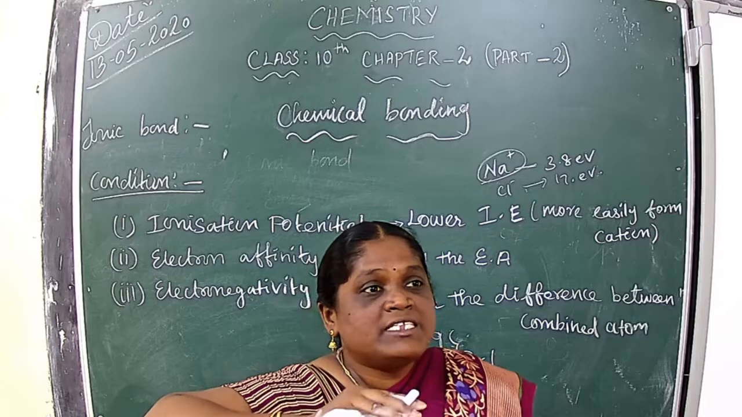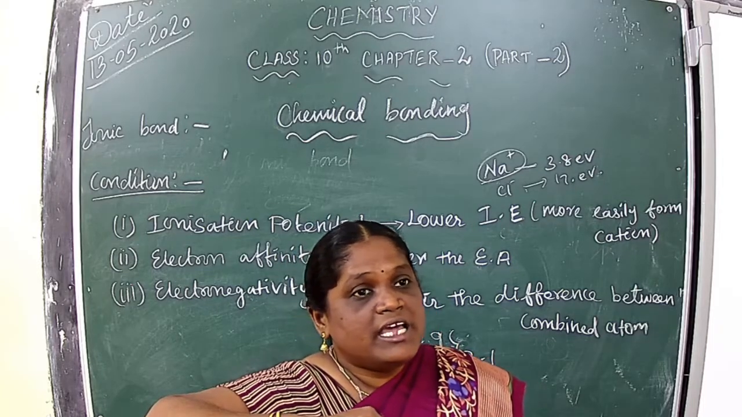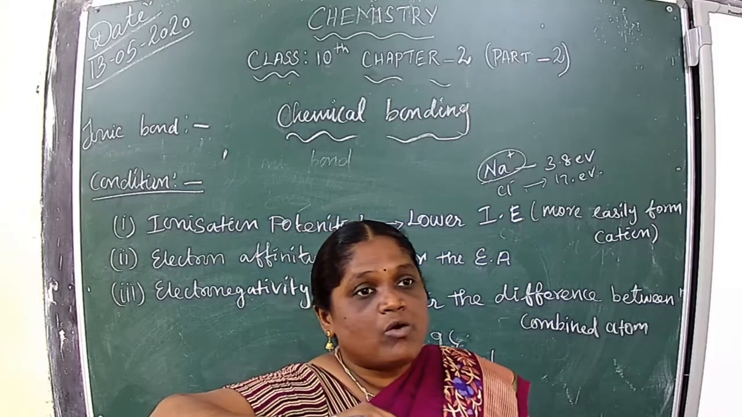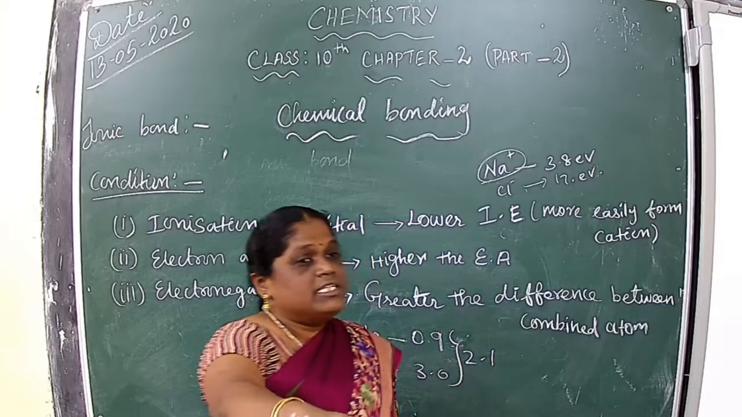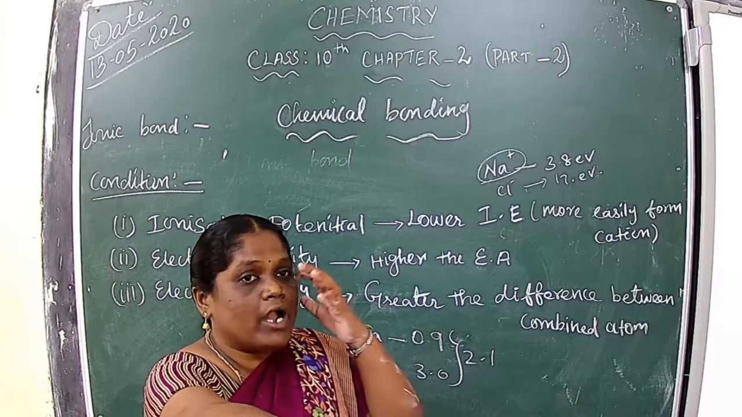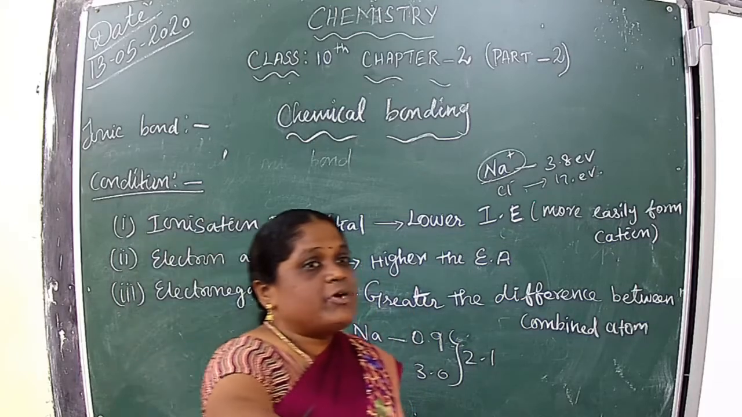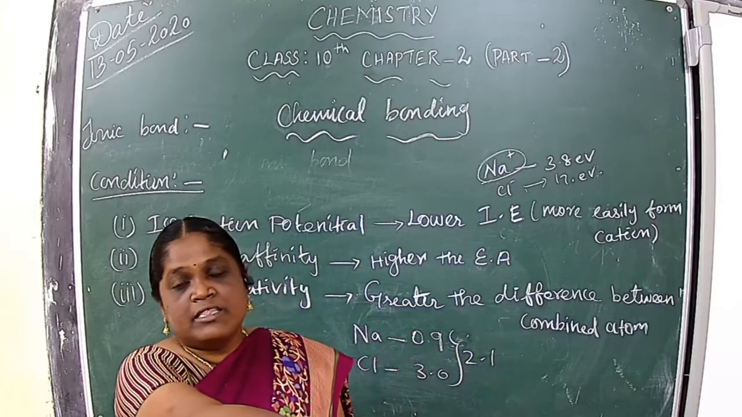If there is no difference in the combined atoms, there is covalent bond formation. Understood? These are the conditions for the formation of an ionic bond. What are the conditions? First is ionization potential, second is electron affinity, third is